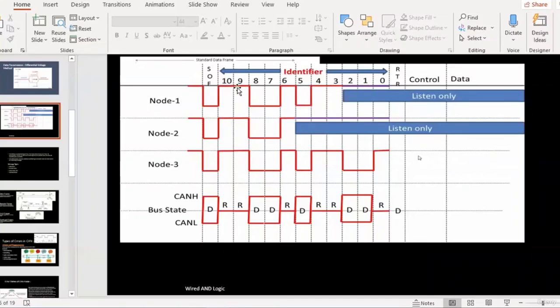This red line that is marked for node 1, node 2, node 3 is basically the 11-bit representation of their message identifier. Let's say for example the identifier number is 8. Then what is the binary representation in 8 bits? It will be 4 zeros followed by a 1 and then 3 zeros. So if you want to make it into 11 bit.